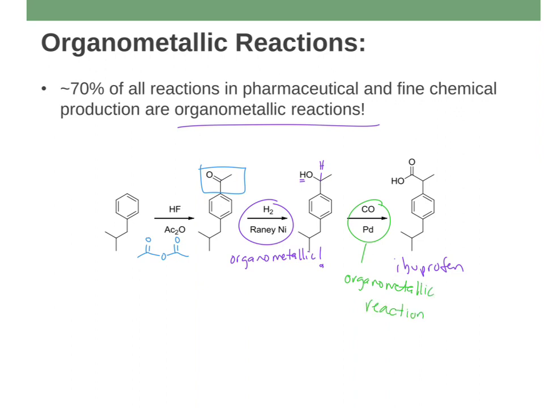So of the 3 reactions in your synthesis of ibuprofen, 2 out of the 3 are organometallic reactions. And in this case, you're actually inserting a CO in between where that alcohol was and that secondary carbon was. So that's just an example, right? It's much shorter than the old process. It has a higher atom economy. You use a lot more of the waste, so the E factor is much, much better for this reaction